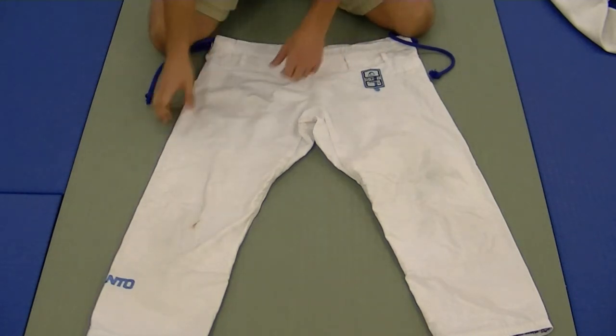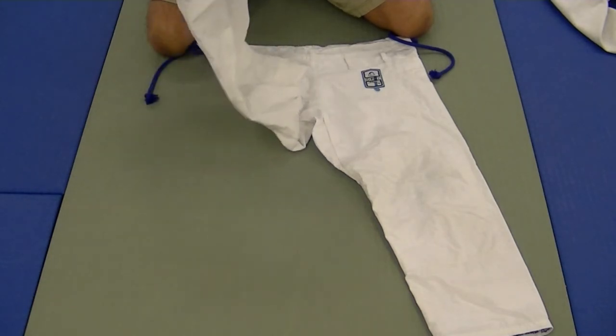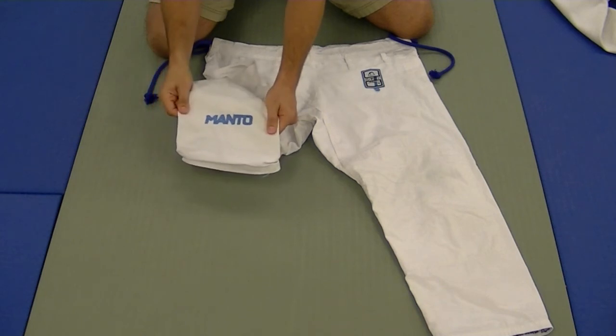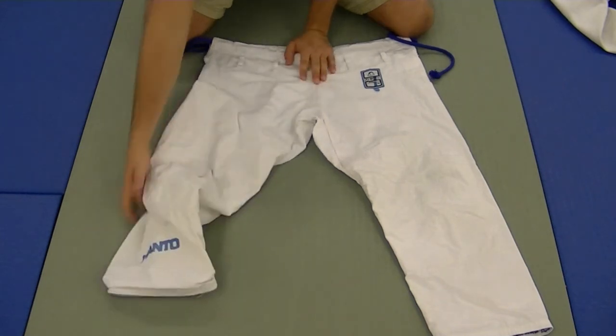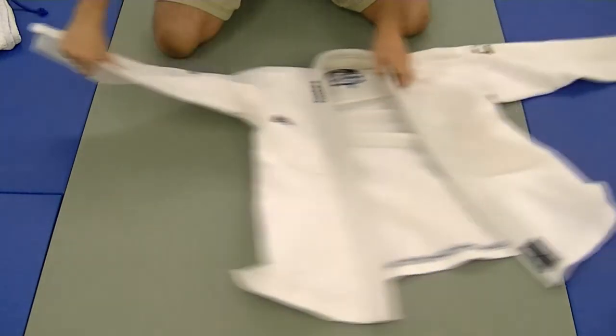So we have a nice logo down here too. This is basically the same one that's on the back of the gi top, okay? So let's do a little recap, and we'll talk about the pull factor. Okay, so